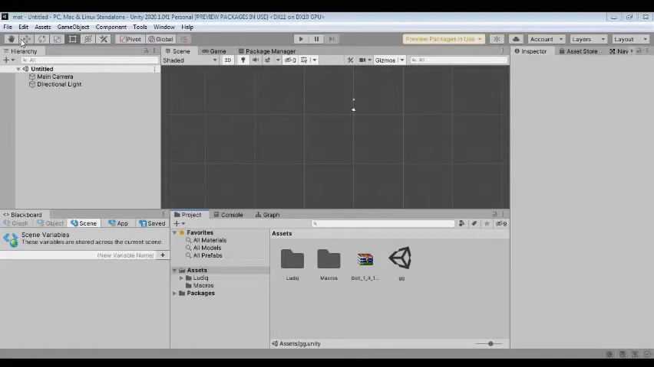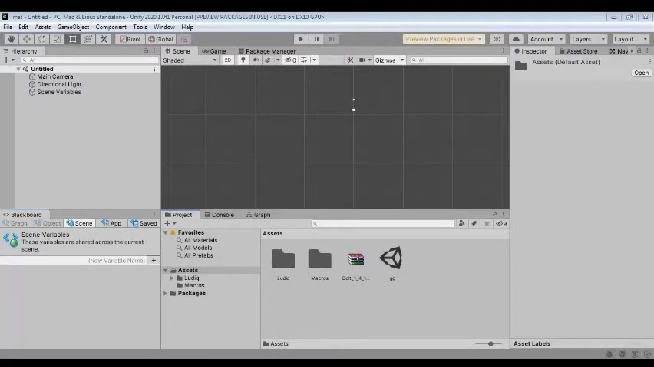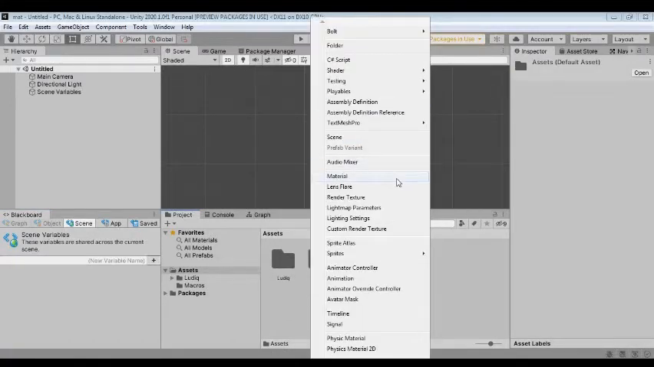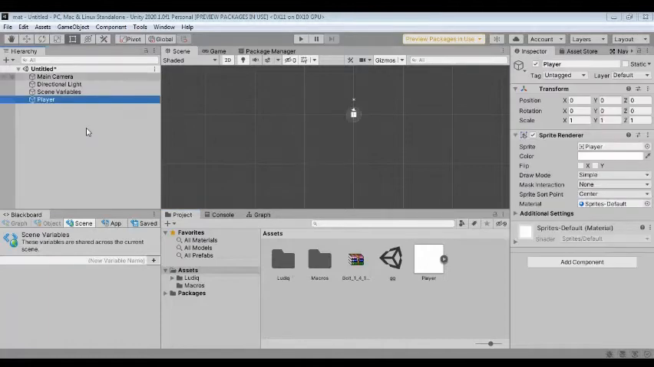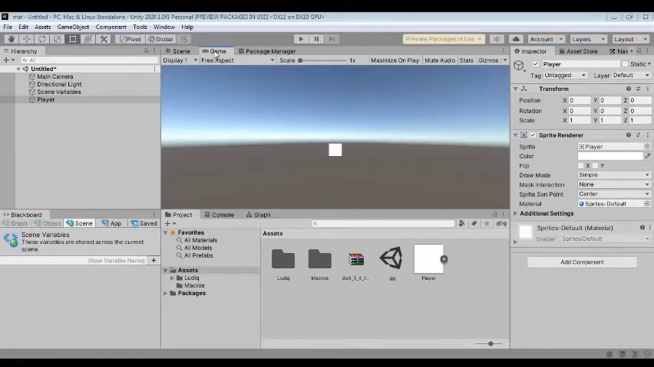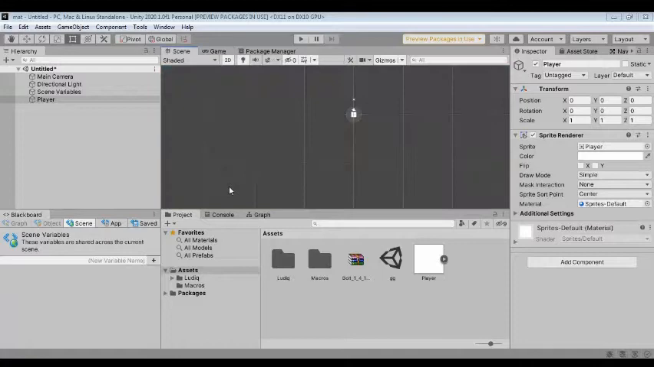In today's episode, I'm going to show you how you can make movement in Unity 2D. Start off by creating a new sprite and then square. Rename the square to player, drag the player to the scene and see if it's aligned to the camera. Then select the player again,